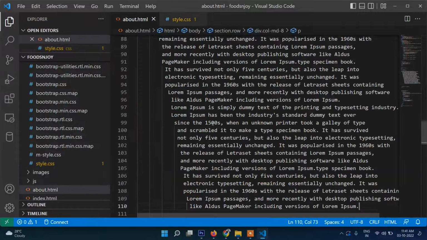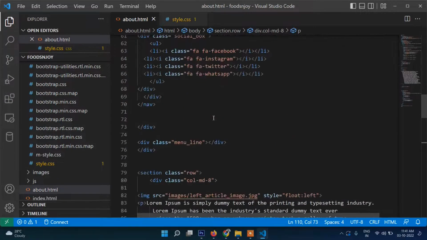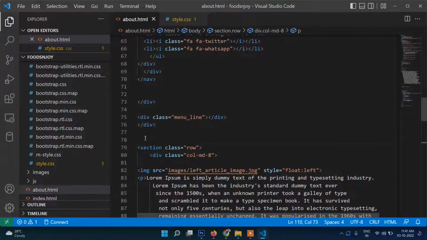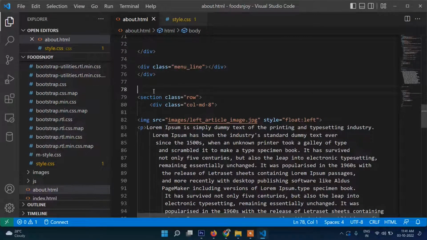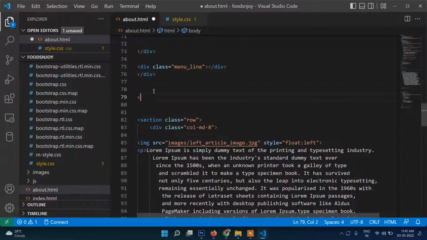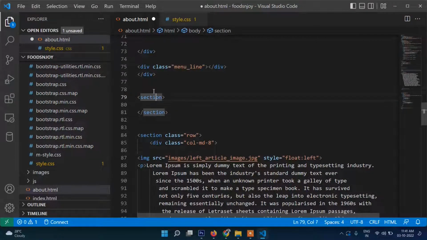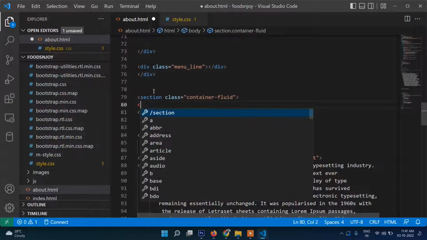Now let's create here in the top, here, section, class container fluid, then img src images,